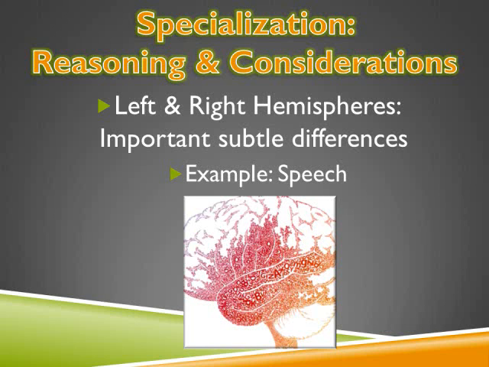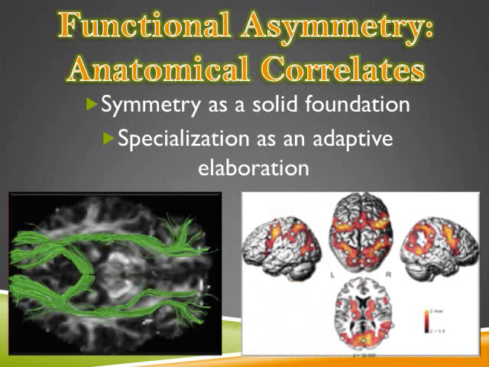For instance, an often cited example of hemispheric specialization is the prominent location of speech in the dominant left hemisphere for 96% of humans. This localization of speech is adaptive and it provides for a more rapid communication than a transcortical process, representing a prominent functional asymmetry within the human brain. A key concept to understanding the organization of the cerebral cortex remains that overall there is a solid foundational symmetry which is embellished and enhanced by an adaptive functional asymmetry.